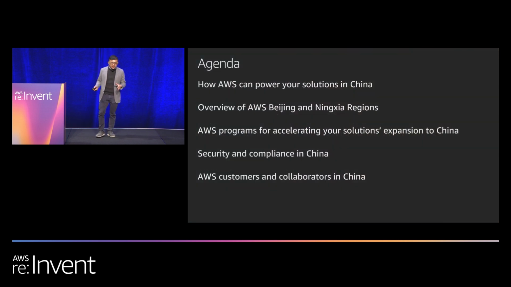So in the agenda today, we have lined up several topics that hopefully help you understand some of the learnings that we have had helping customers expand into China, some of the catch-up that customers may not be aware of before they expand to China. I'll go through some of the updates on our operating models, the services available in China, things that have recently launched in 2019, as well as very important topics on security and compliance, which many of you may be concerned about. I'll also talk about some of the customers and partners that we have in the region, and after that I'll hand over the mics to Jason.